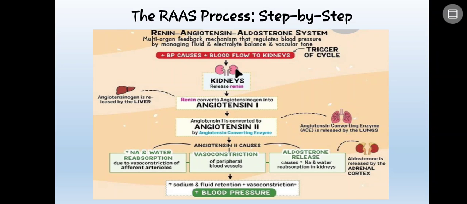So once the sympathetic nervous system is stimulated, the juxtaglomerular cells are stimulated to release the renin as part of your body's response to low blood pressure. The moment your blood pressure is very low, the sympathetic nervous system is automatically activated. And once it is activated, it stimulates the juxtaglomerular cells directly to release renin as part of the